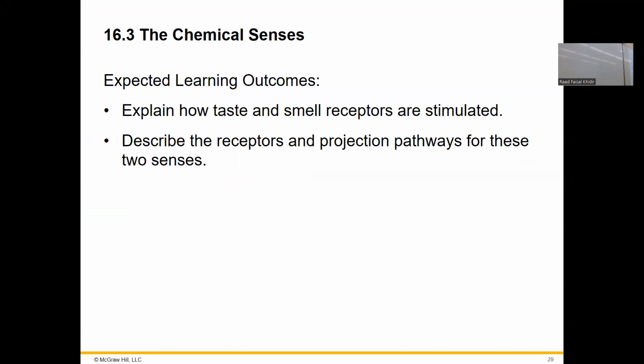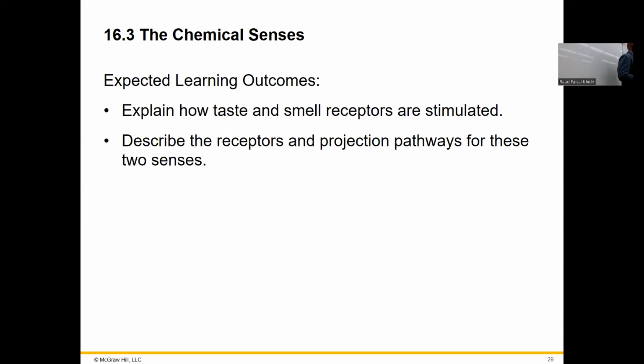What about taste? Is taste not a chemical? So taste also, you taste something that's sour or something that's acidic or bitter or sweet. So those are chemicals. So today we're going to be learning how your body processes two chemical stimuli in the form of